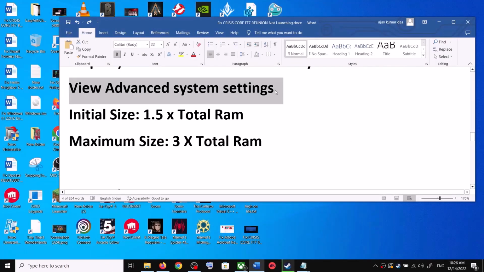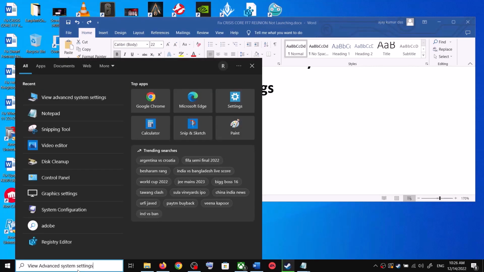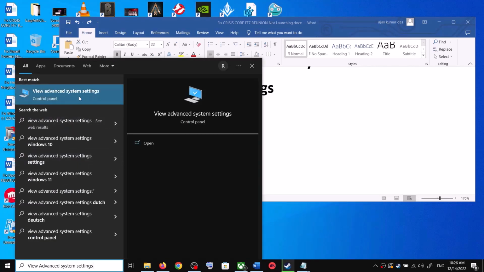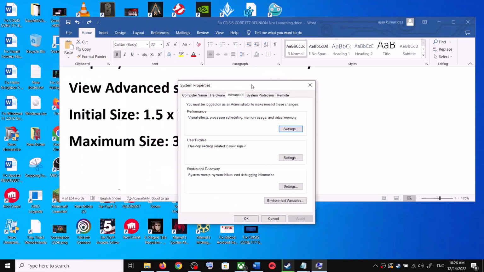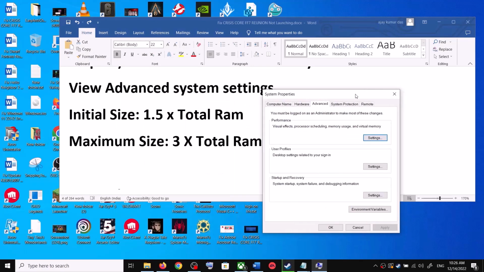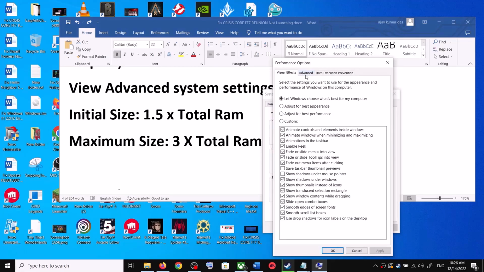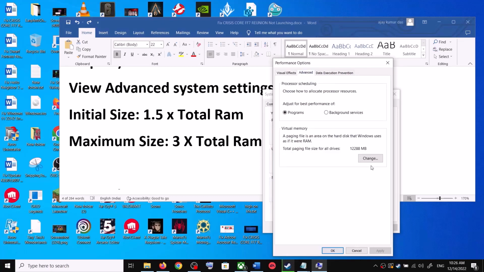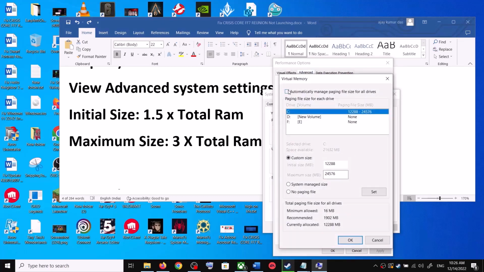For this, type in View Advanced System Settings in the Windows search box and then click on View Advanced System Settings. Now click on the first Settings, then go to the Advanced tab and click on Change. By default, Automatically manage paging file size would be selected over here. Uncheck this box, then select the drive where the game is installed and put a check on Custom